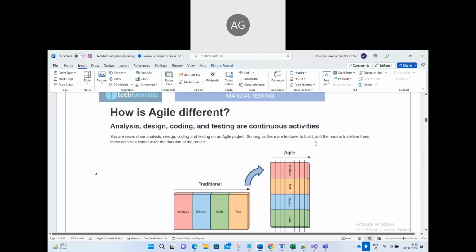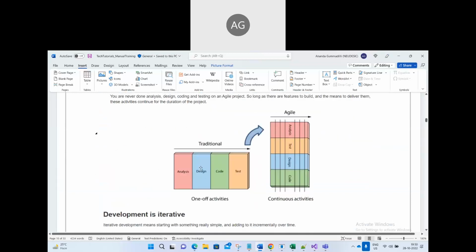How is Agile different? This is the waterfall model, the traditional model. First we are done with analysis, then it's very clear. We are done with analysis, then only we go to the design. We are done with design, we go to the coding. We are done with coding, we go to testing. On-off activities. We are on analysis, we are off from the analysis, then we go to the design,